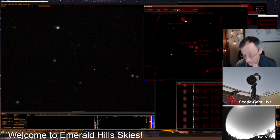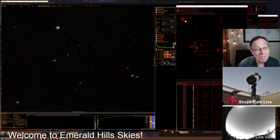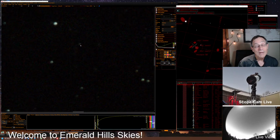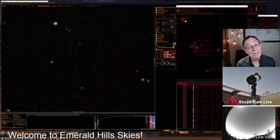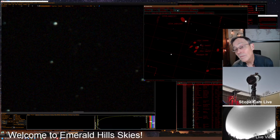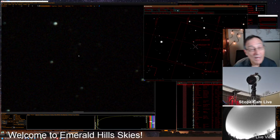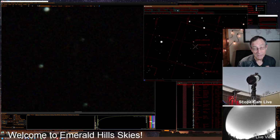So you can see we have the PGC numbers here. Hey, look, we're starting to see some faint, fuzzy splotches there. Again, we're assuming that on this star chart here, wait, those three would be these three, wouldn't they? These three. These two would be those two. So this is that. And this splotchiness that you see right here coming into view,